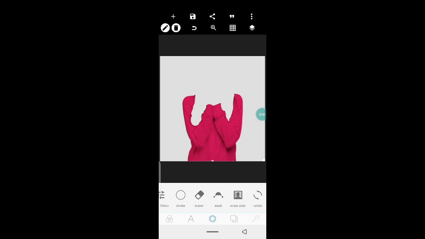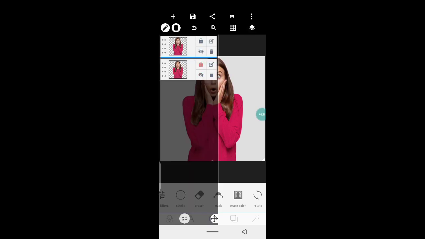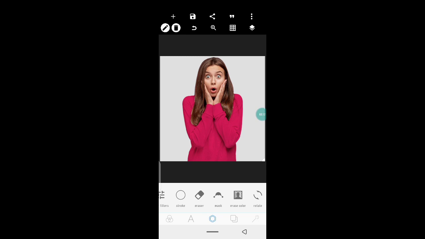Okay, so if we've cleared our image and it's left with the dress, we are going to unhide the image over here so that it fits perfectly like that. Then we head over to color filter and reduce the saturation like that, and we select the